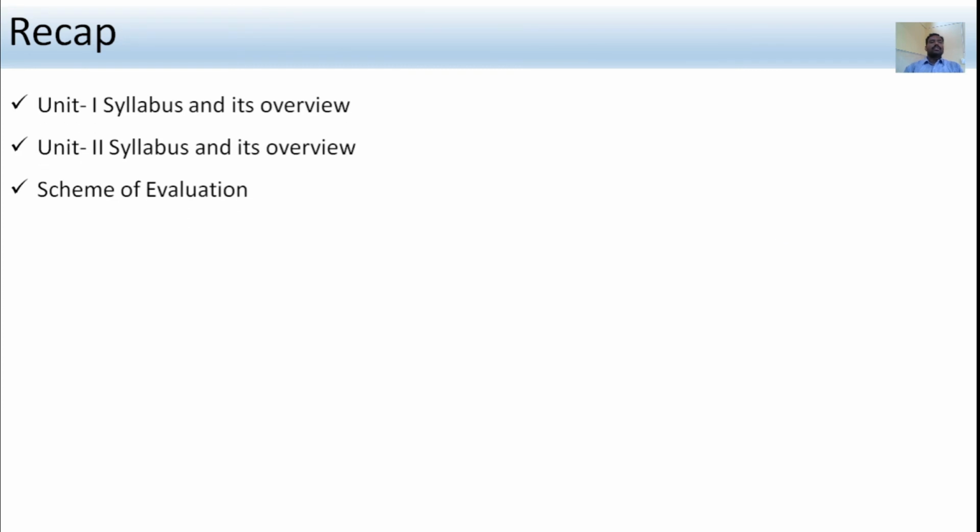So in this session we discussed the Unit 1 syllabus and its overview, then the Unit 2 syllabus and its overview, and next the scheme of